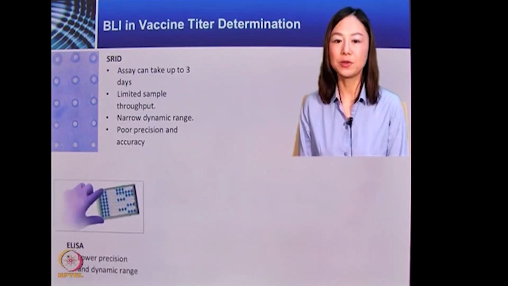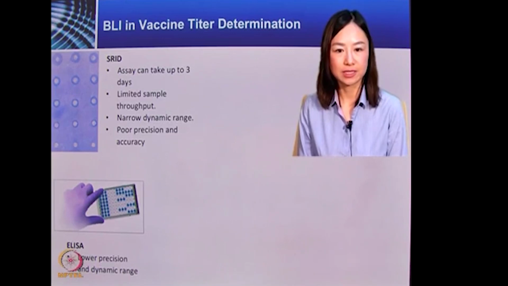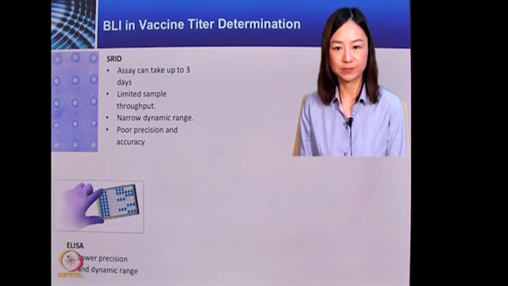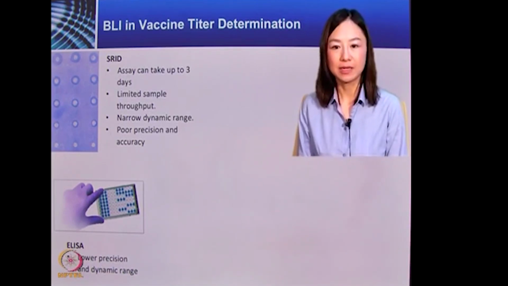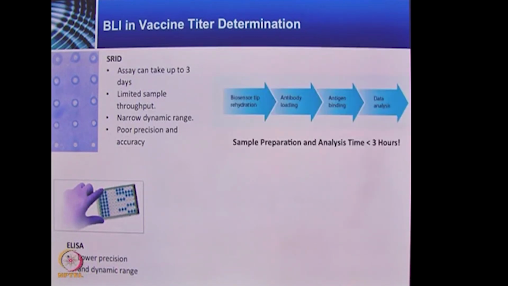People have also been using ELISA method to analyze the vaccine titer. However, similar to SRID, ELISA takes a very long time to finish the whole experiment process, and it has very low precision in determining the titer of the virus, and has very limited dynamic range. To overcome all these shortcomings, the researchers are using the BLI technology to determine the virus titer in the real